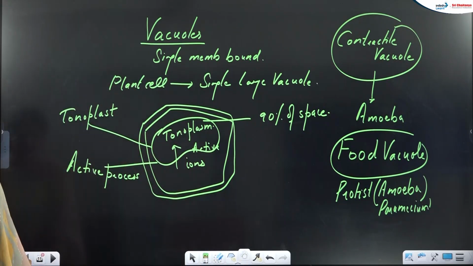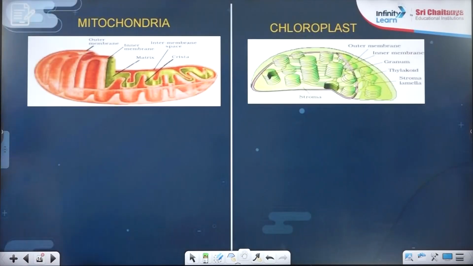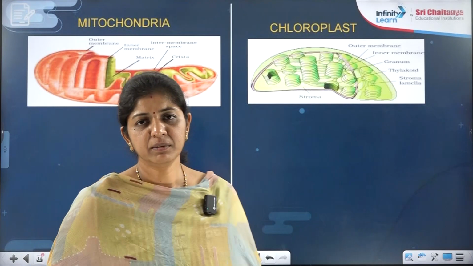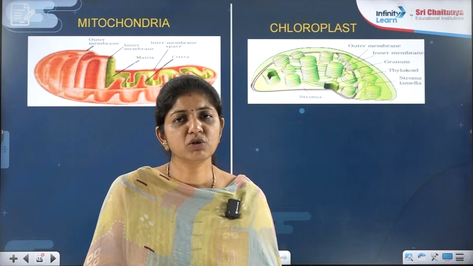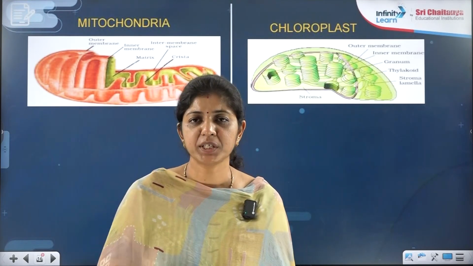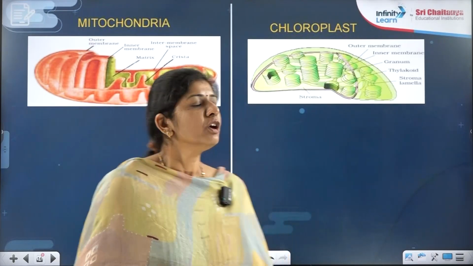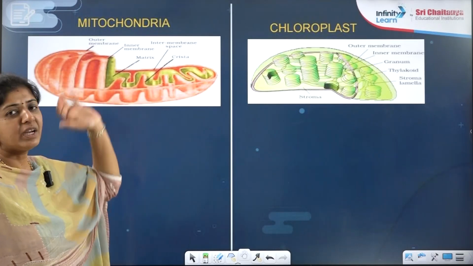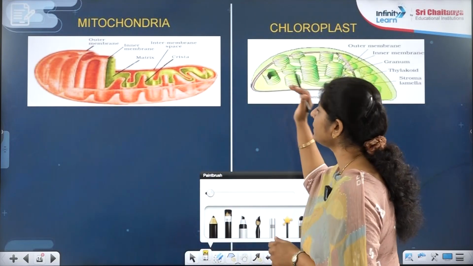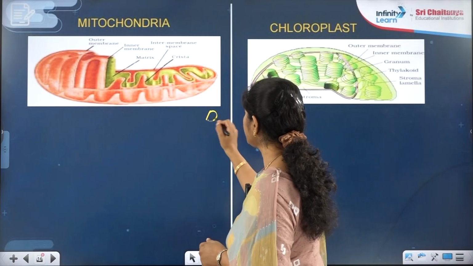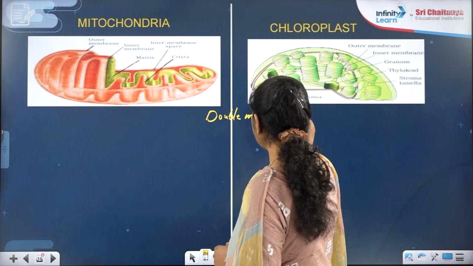Now let's take the next organelles, mitochondria and chloroplast. I am taking those two structures in comparison. The reason is that we have to cover all the points in this small session. So it's good that if we compare, we can get the points out. If I want to write them separately, I will take you to a separate slide for it, right? So right now in front of you two membrane bound structures are there. The similarity between both is that both are double membrane bound cell structures. How many membranes are there? Two. So this is double membrane bound, right?